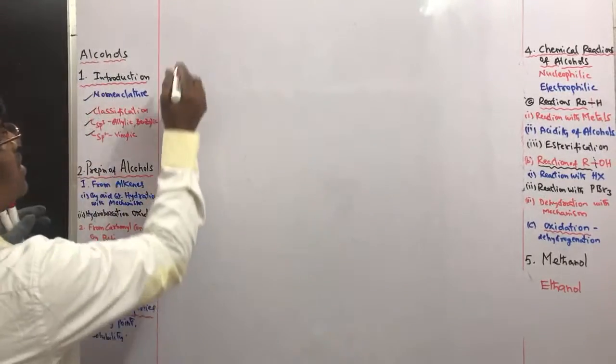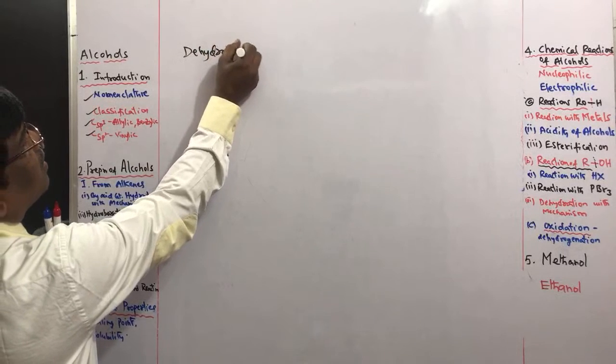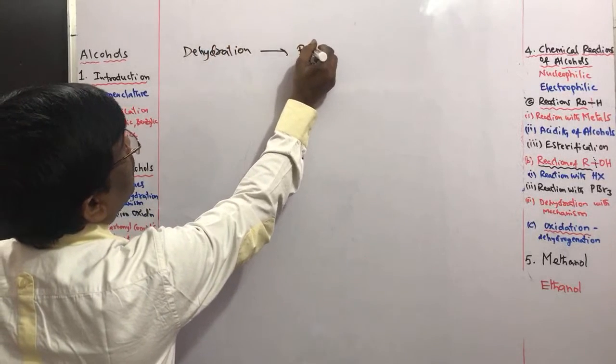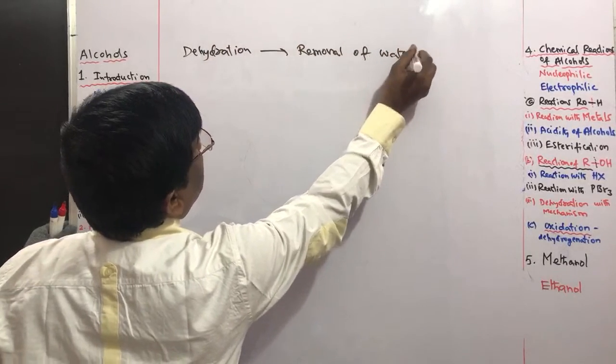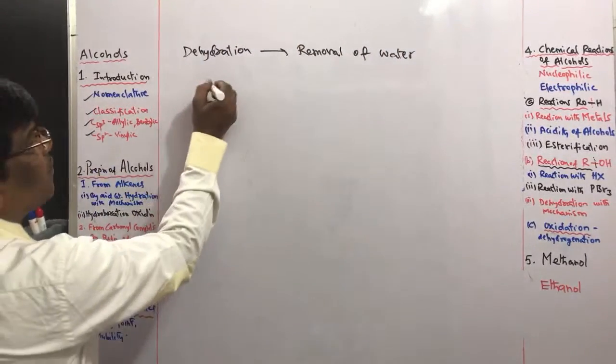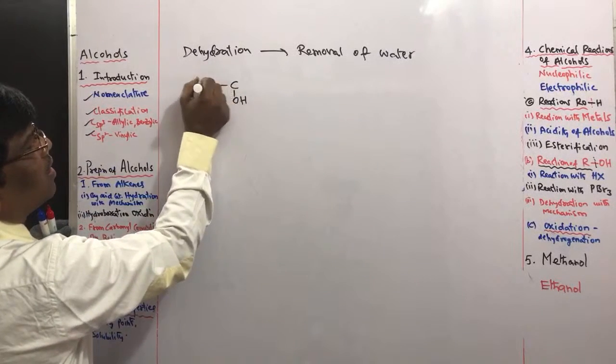Dehydration of alcohols is nothing but removal of water from alcohols. For example, if I take OH and hydrogen